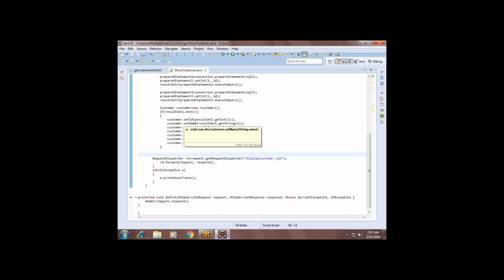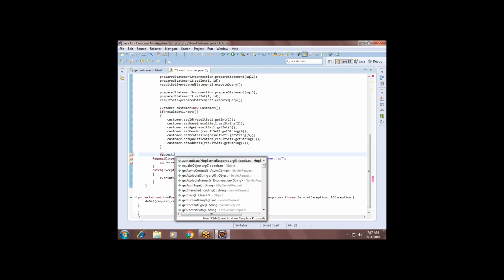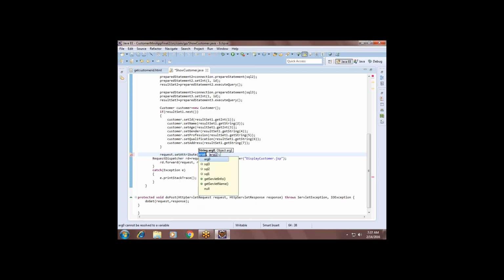So how will the data be transferred from servlet to JSP? Because there is a request object, request.setAttribute, with the attribute name customer data, and I am adding the customer object. This is the process. When you use request dispatcher for display customer.jsp, you forward the request and response from the current servlet.